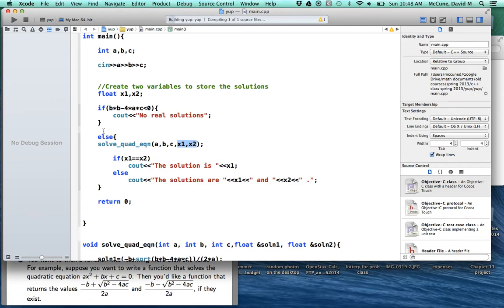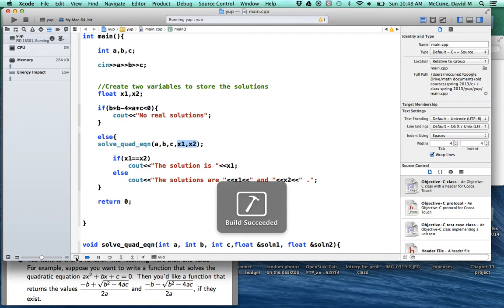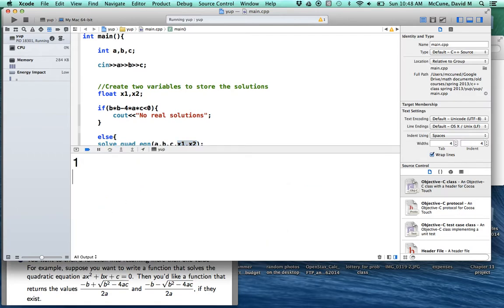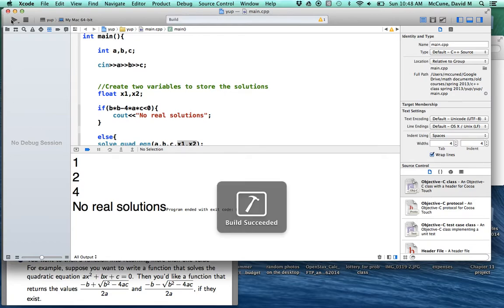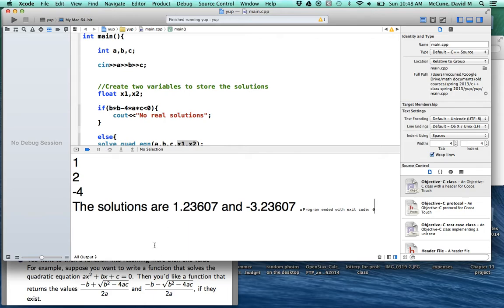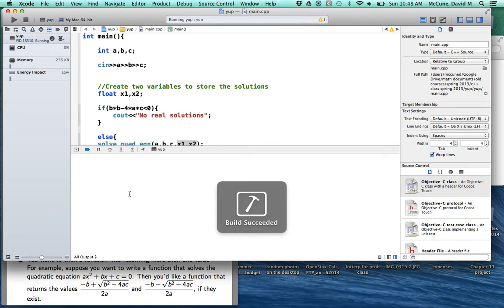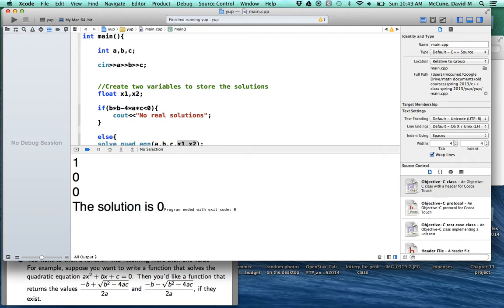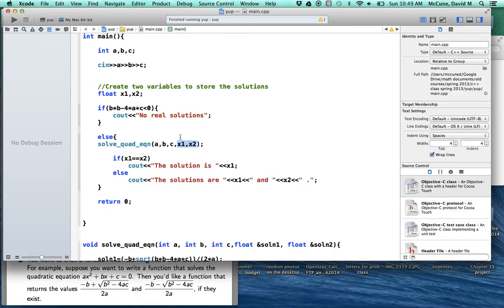Okay, so let's just see if this works. Let's hand it 1, 2, and -4. And it gave me a couple of solutions, right? Let's hand it something that we know only has a single solution, 1, 0, and 0, that only has the solution 0. Okay. So this works just like the program you guys have written before,